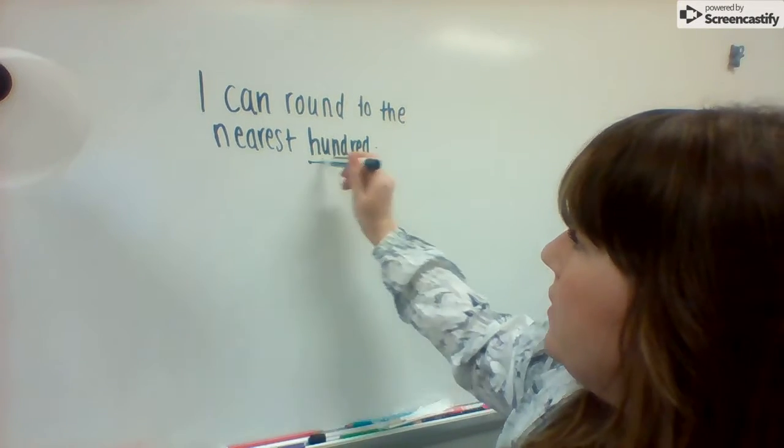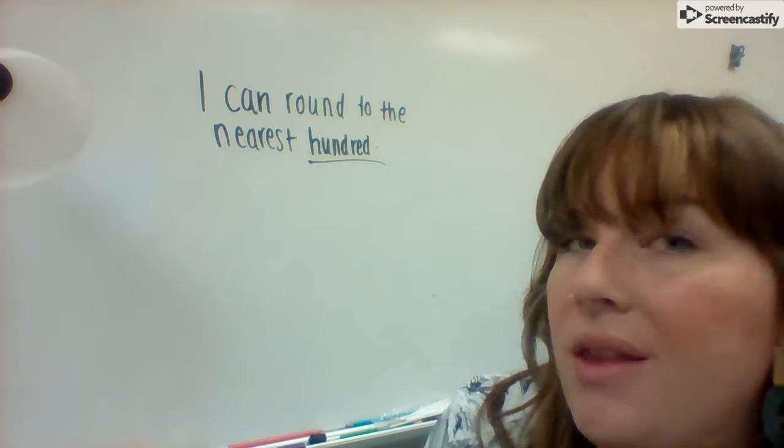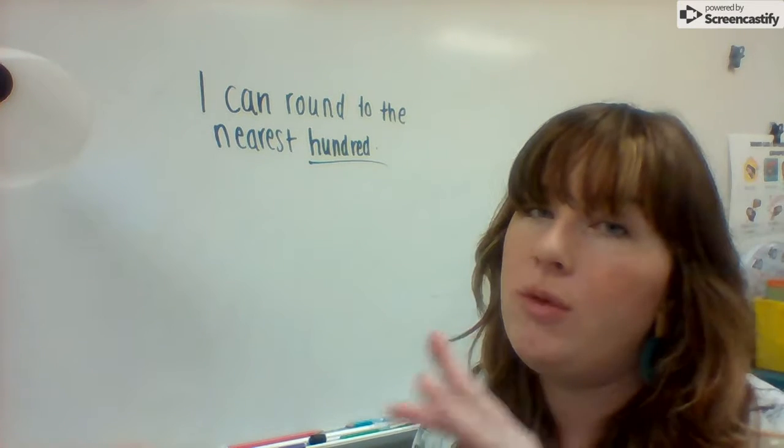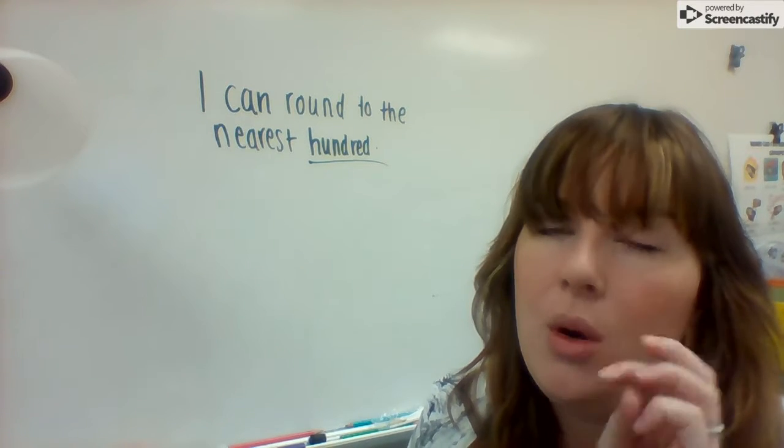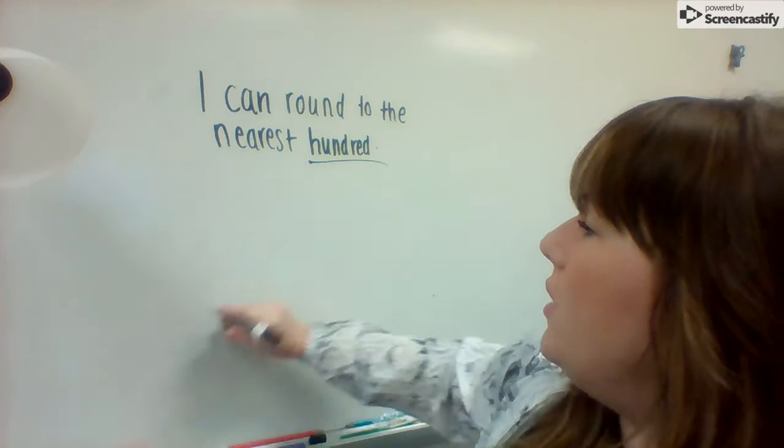So we're going to round to the nearest hundred. We know that today we're going to be looking at the hundreds place. No matter if it's a 3-digit number or a 4-digit number, we're really paying attention to the hundreds place. We're going to start with a 3-digit number. I'm going to start with